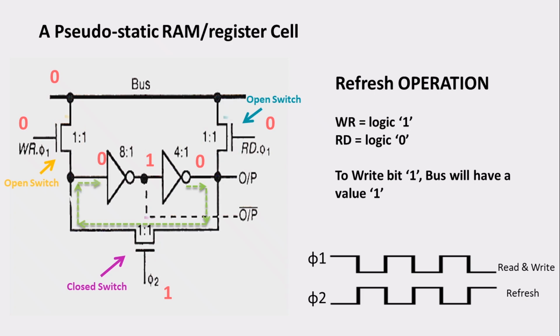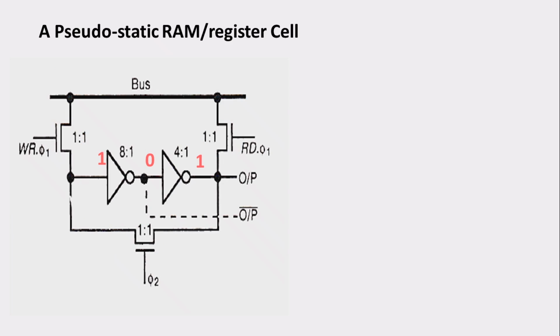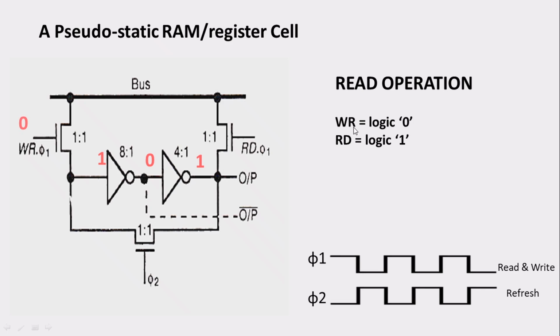Now let us look into the read operation of this circuit. As we know, we have written this data, so we had written 1, so 0 has been there over here, and the output of this is 1. So the data which has been written is 1. When I want to make a read operation, I will make my write signal 0, and then I will make my read signal high. Since these are synchronized with clock phi 1, the read signal is going to be high, and phi 2, since they have applied phi 2 over here, is going to be 0.